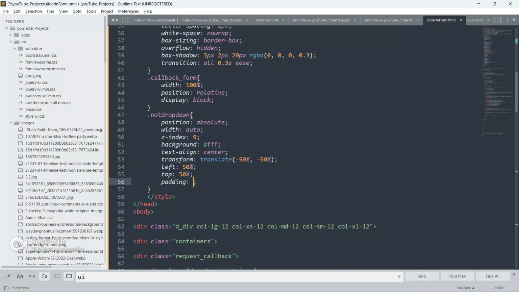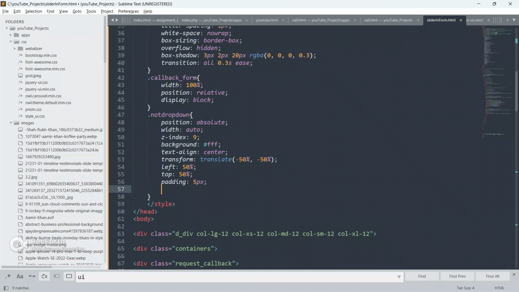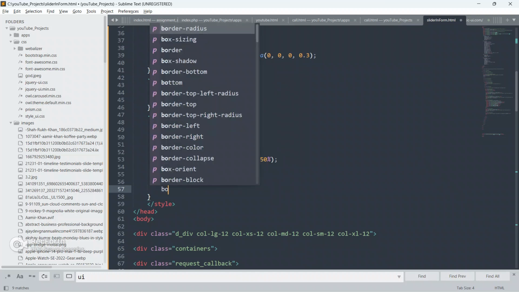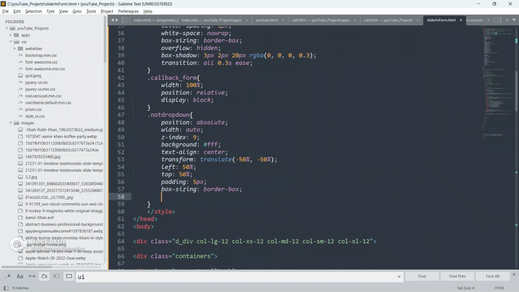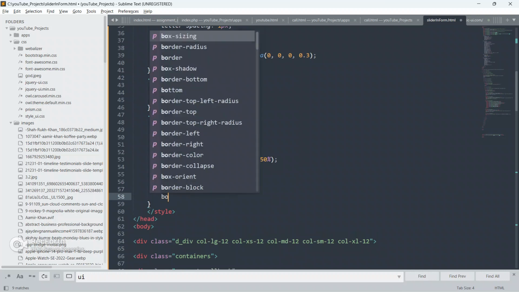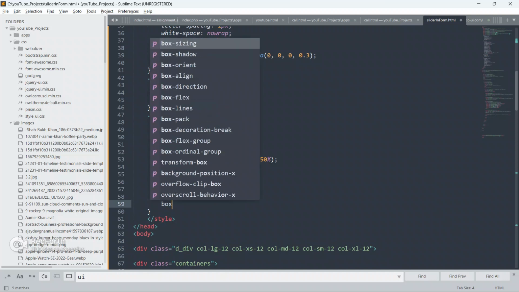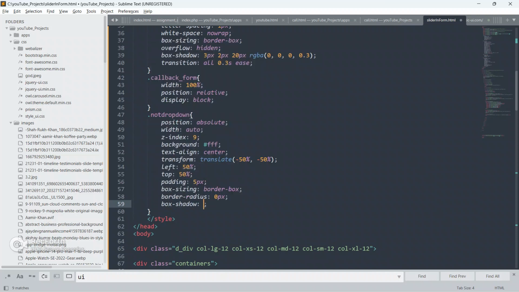So top 50%, give padding as 5px, give box sizing as border box, give box shadow, give border radius as 0px, box shadow as